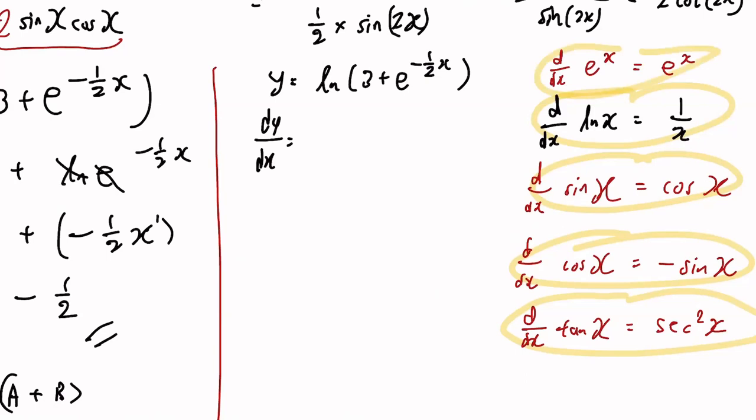Carry on, try. What's the derivative of ln of 3 plus e power negative half x? Mic test, am I still connected? Okay, yes. Thinking. Ln, 1 over. Write it yourself. 1 over 3 plus